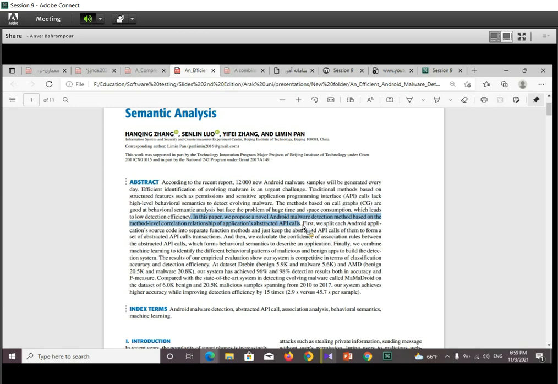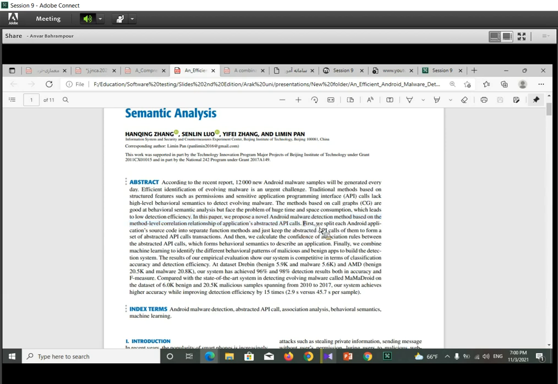So please note: in this paper we propose a novel Android malware detection method based on the method level relationship of applications' abstracted API calls. This sentence introduces the proposed method to solve the main problem discussed in the previous part.